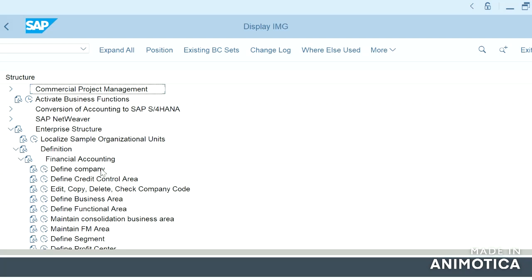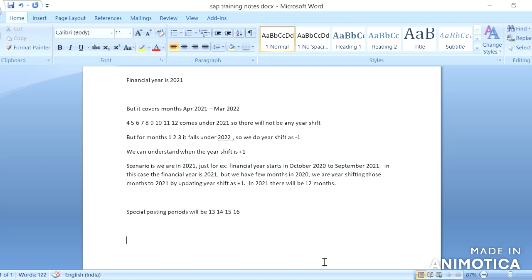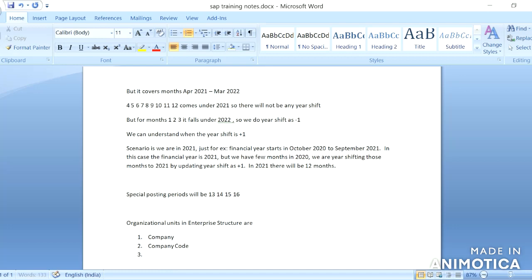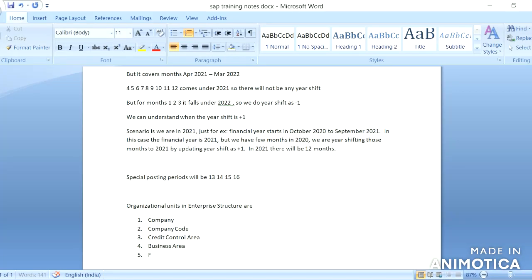For FI, the organizational units in enterprise structure are: number 1, company; number 2, company code, credit control area, business area, functional area, segment and profit center.